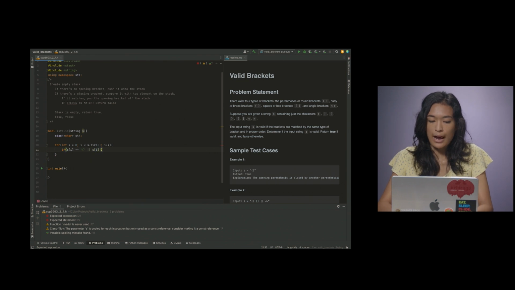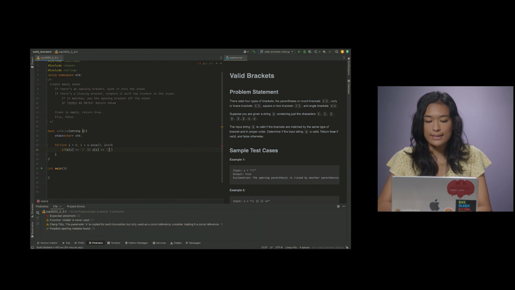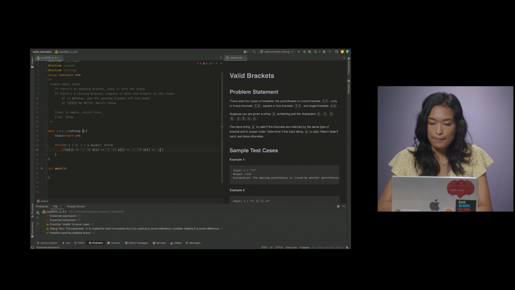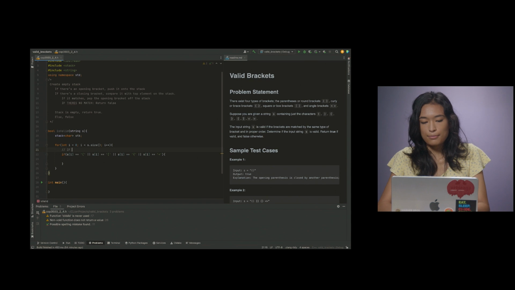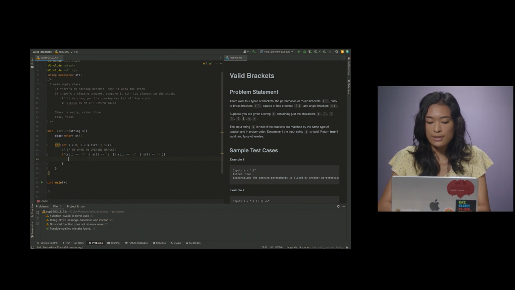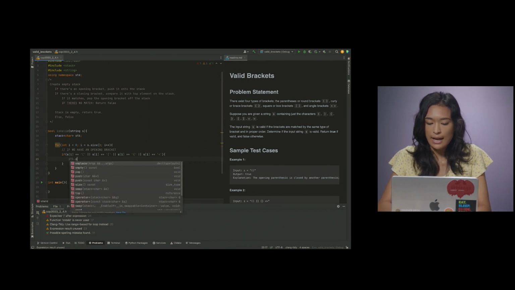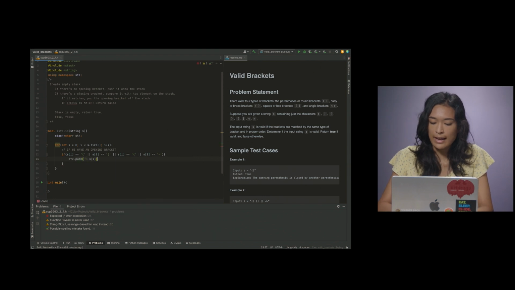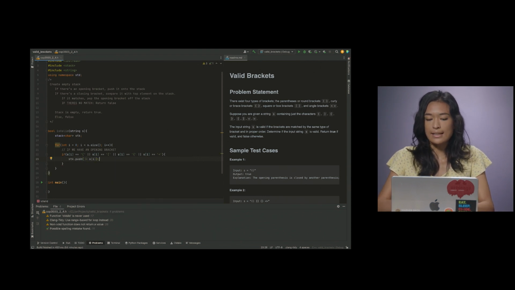Or if the character we're at is, let's say, an open square bracket, or the character that we're at is, we could say, an open curly bracket, and the last one is an opening angle bracket. Okay, so now we have, if we have an opening bracket, we want to push that onto our stack. So we will do stack.push(s[i]) because that's the character that we see is the opening